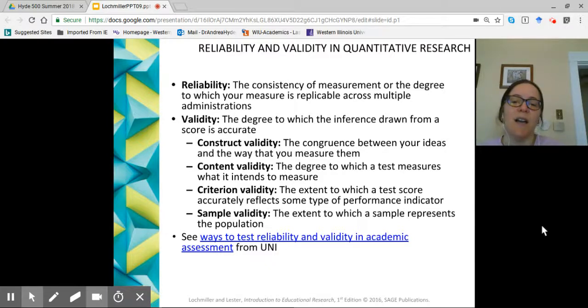So validity, the degree to which the inferences drawn from a score is accurate, and that just means, is this test really getting at what it's supposed to get at? Are we measuring something different altogether? So, for example, the relationship between family affluence and student achievement is very, very strong, but sometimes we are actually measuring that effect when we think we're measuring the influence of the number of hours spent with a computerized reading program,